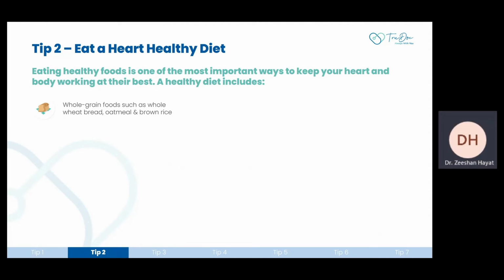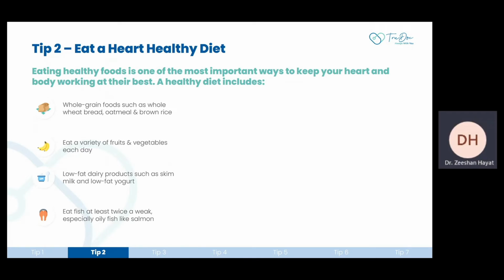Now, looking at World Heart Day, eating healthy is very important, right? Junk food, as we all know, is bad for us. We should have whole grain foods, brown rice, oats, fruits, vegetables, and low dairy, skim milk, low fat milks. These are just some lifestyle modifications for a healthy heart. Eat healthy, okay? Have fish rich in omega fish oils, like salmon.